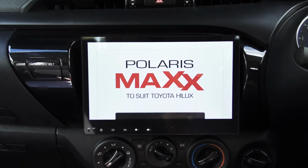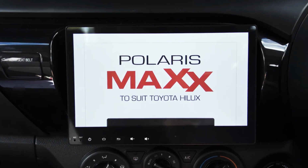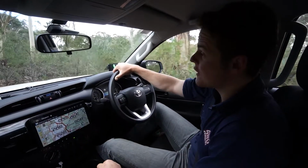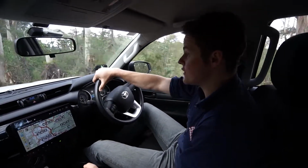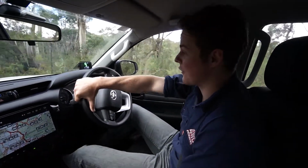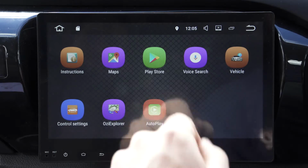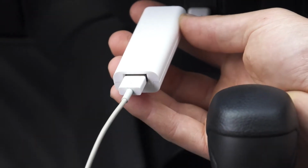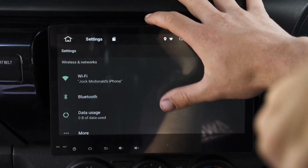Take your Hilux head unit to the next level with this awesome plug-and-play upgrade from Polaris. The latest Hilux models feature either a 6.2 or 7-inch screen, but the Polaris Maxx has a massive 10.1-inch screen. With integration to your Android standard or support for your iPhone with the CarPlay USB option, built-in Wi-Fi, Bluetooth, Google